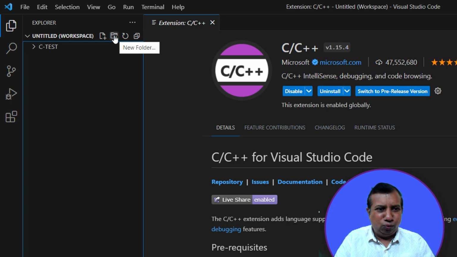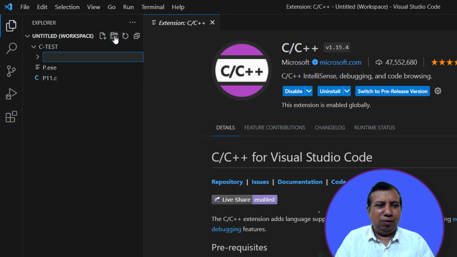Just click on new folder. Now here there are the options to create a new file. This is the first symbol. To create a folder, just click here. Now I am just giving a name. Here I am creating a new folder. Let's say first try. Okay. Now first try is the folder that we have created, and once you are inside a folder, you